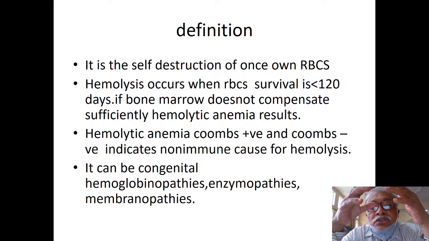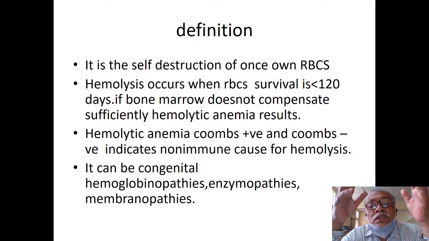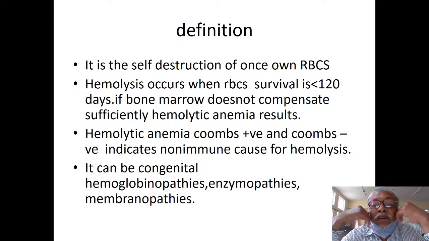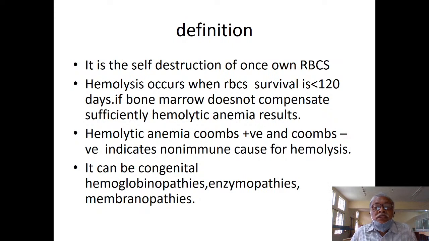The RBCs have an antigen over the RBC membrane. To this antigen, the body, knowingly or unknowingly, produces antibodies, resulting in hemolysis. That is one, and then usually the hemolysis occurs when RBC